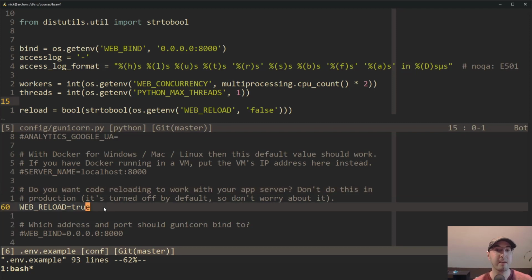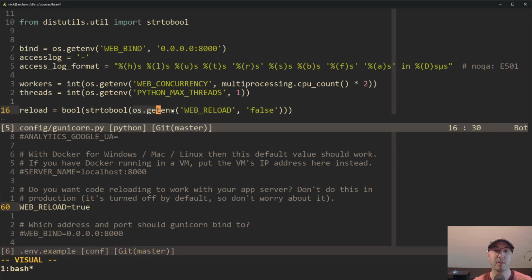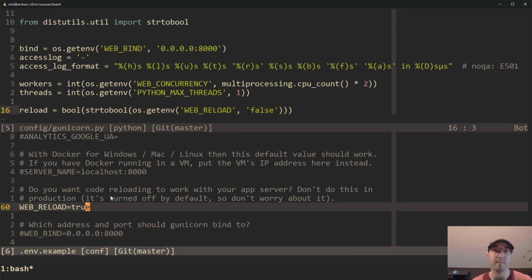But in this case, you can see, since I do have web reload enabled over here, this is going to just read it completely. This will modify it to be a true Boolean, and then boom, in development mode, it is all good to go. Whereas in production,